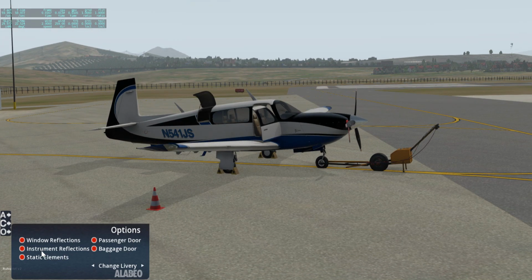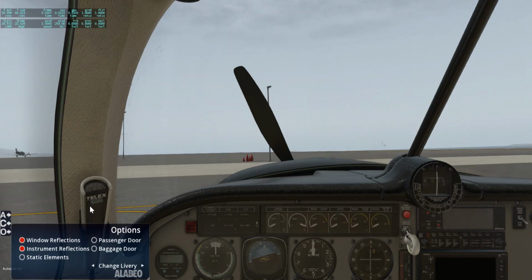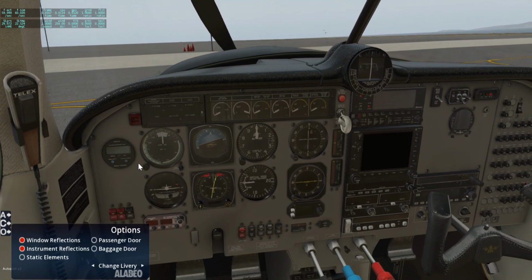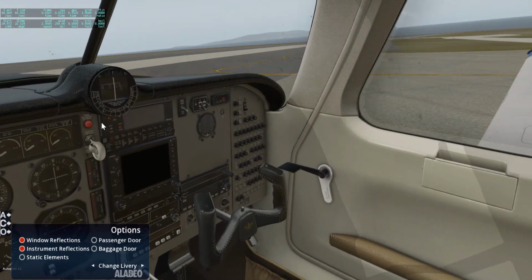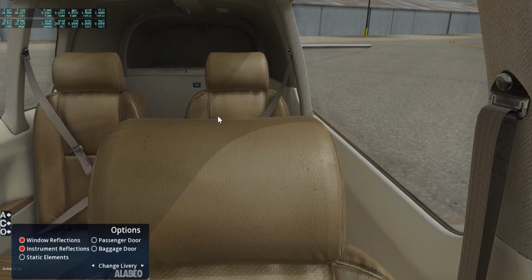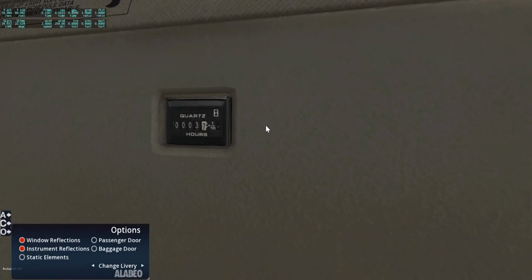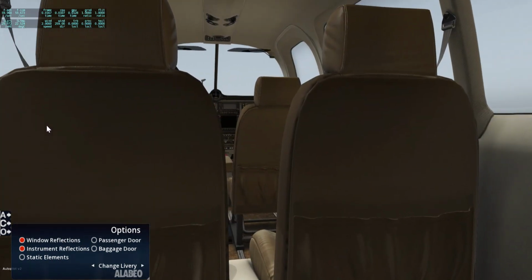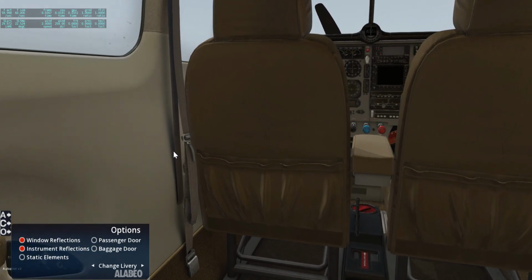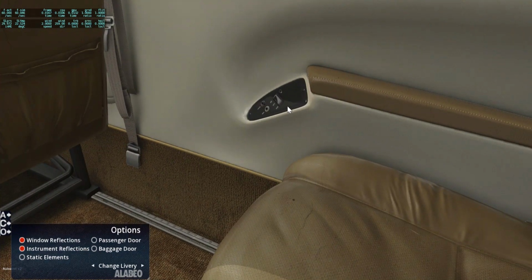Okay, and let's remove the static elements here, so we are ready, and we can go inside the aircraft to take a look at the interior of the aircraft. Pretty nice, as we know from Carenado and Alabeo. And we can go to the back here, and here we got some logging of our hours, and the lighting in the cabin can be controlled individually. I switch it on here as well as here,